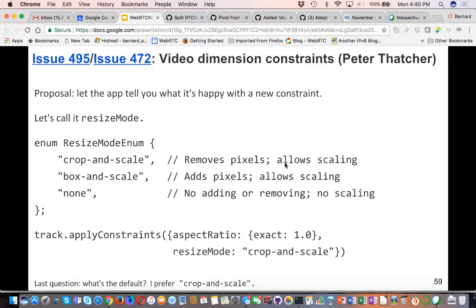Chrome will rescale to anything you want. An interesting thing is that it's actually hard to observe the rescaled version. That is either a bug or a feature, I'm not sure which.